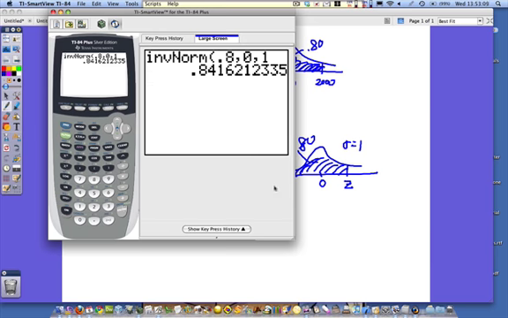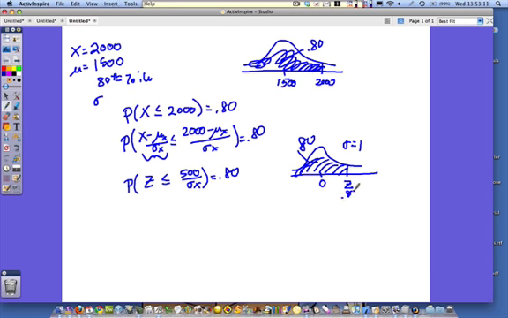0.8416 is our z-score. What that tells us is if we are 0.8416 standard deviations away from the mean, we'll be at the 80th percentile in the distribution. Writing that as a probability statement, we get this. And finally, we have the magic. The z's are the same, the 80% are the same, so these two numbers have to be equal. And then we get 0.8416 equals